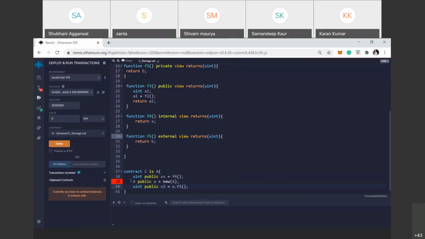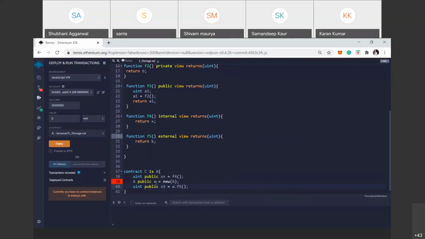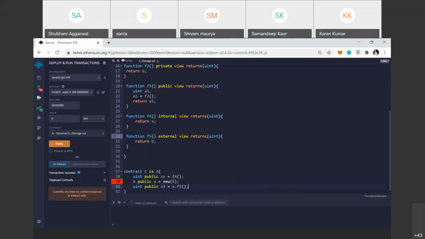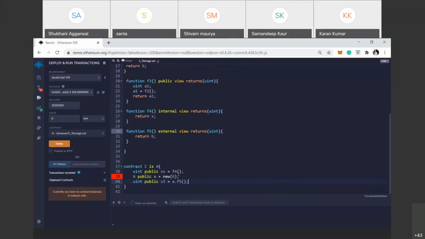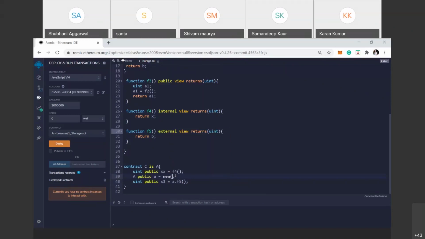Here, expected name. Here we have the details. Capital E.